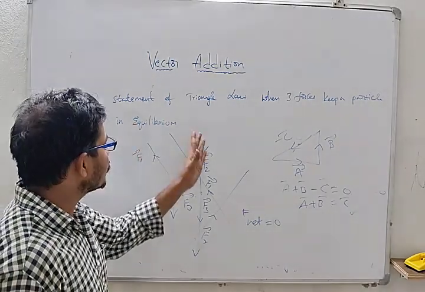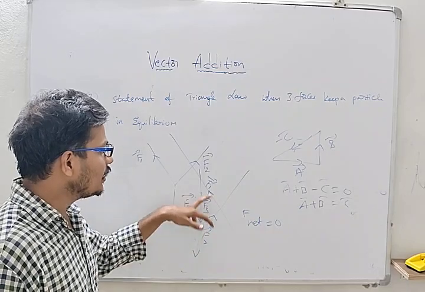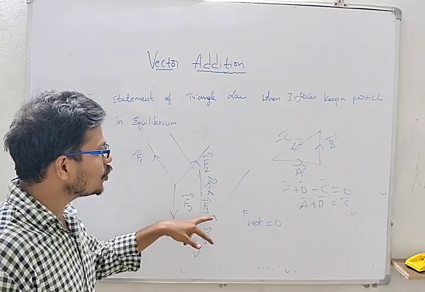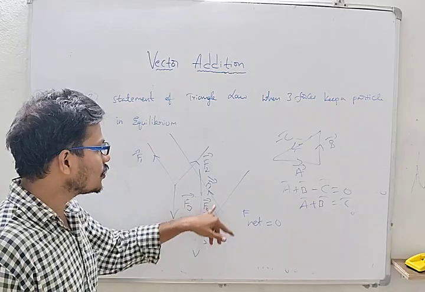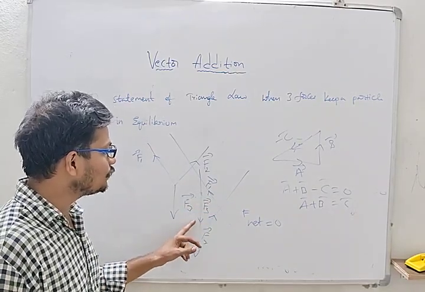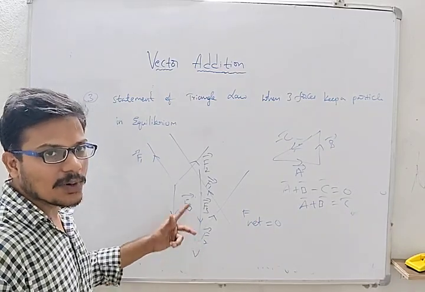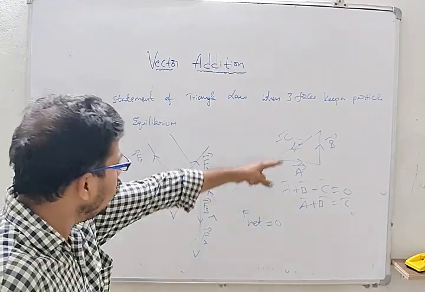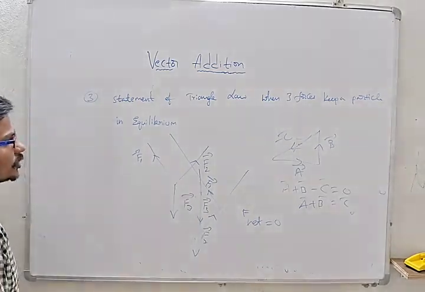So to get a statement for that, I draw parallel lines for each and every force. I got three vectors in a triangle form. For the net force to be 0, the sum of the forces should be 0. Here the sum of the F1 and F2 forces must be, magnitude wise, equal to F3 and with opposite sign. That's why I get the force as 0. This is the example. Understand?